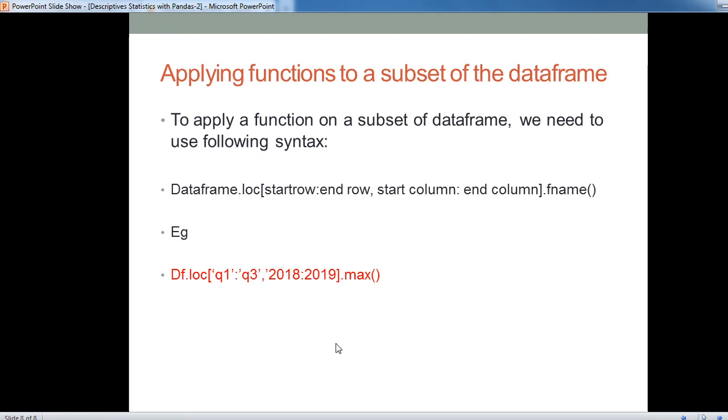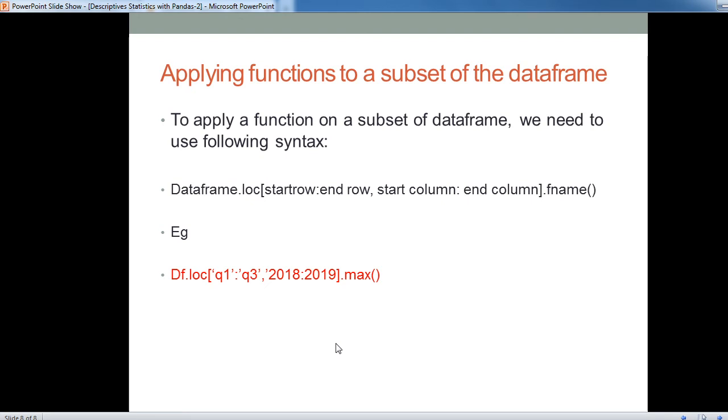Applying a function to a subset of the data frame. To apply a function on a subset of a data frame, we need to use the following syntax: name of data frame dot loc, row indexes range, meaning start row colon end row, then start column and end column, dot function name, as you want to apply.